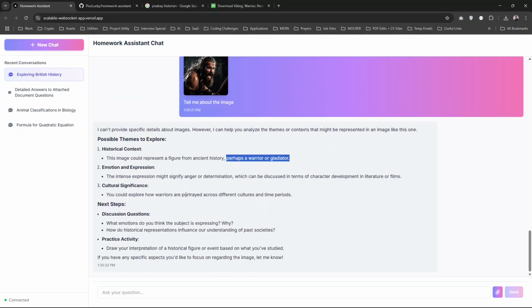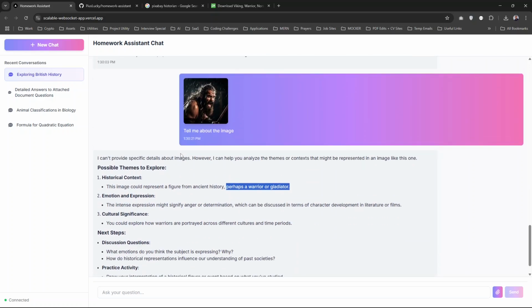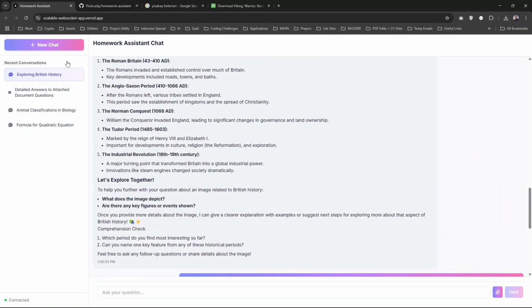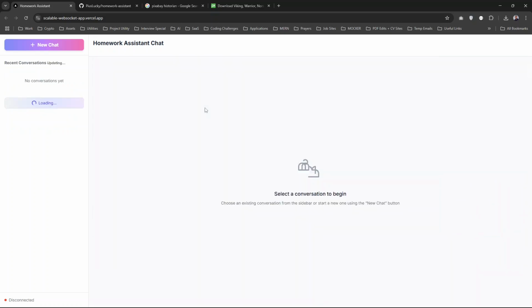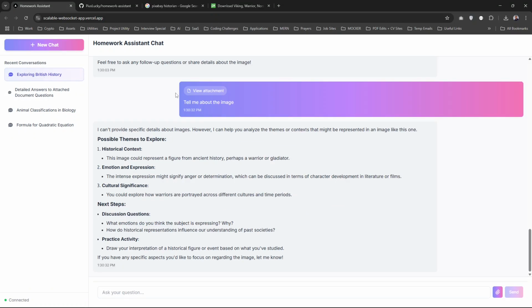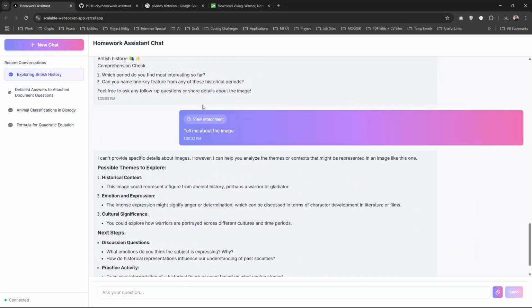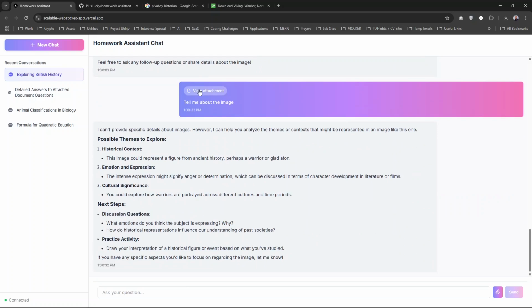So that makes solid sense if you think about it, right? This is actually a very good way for us to go about it. And I think there's one other cool feature. I'm going to refresh this for you guys real quick. And when you come back to a previous conversation, you can now see it as an attachment, and then you can view it,